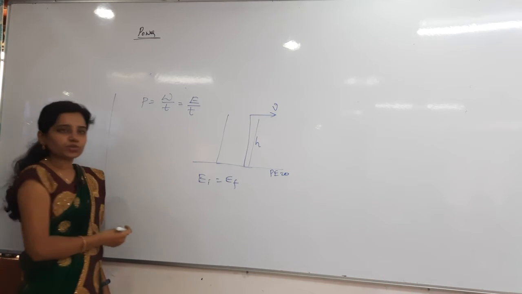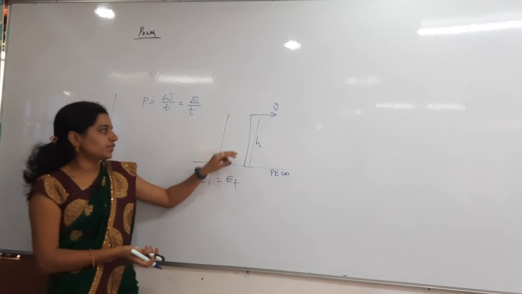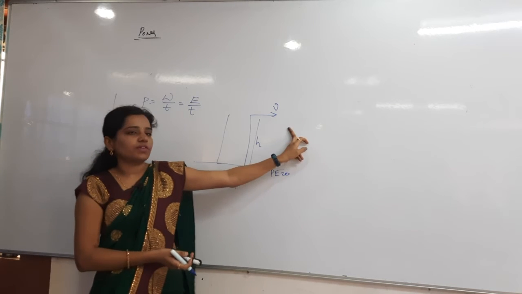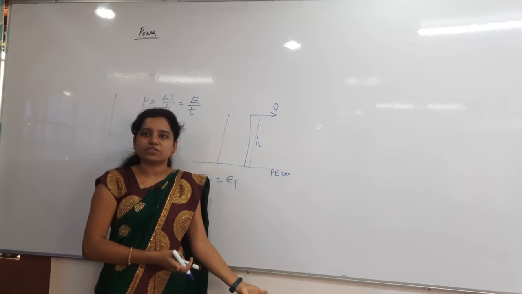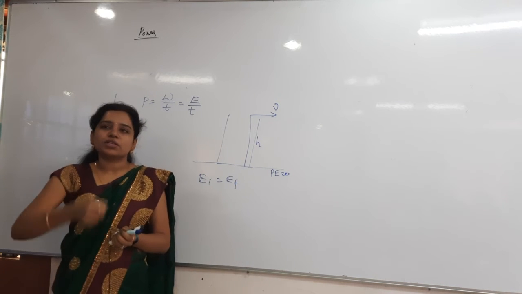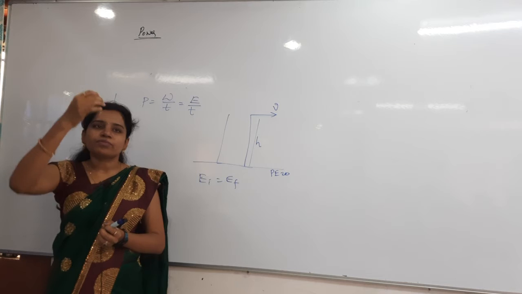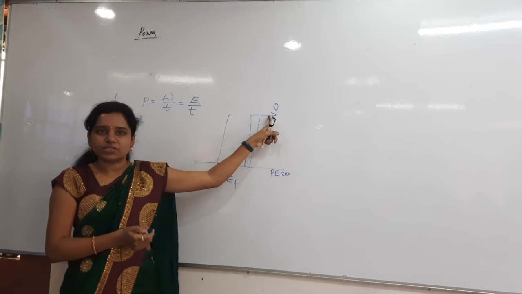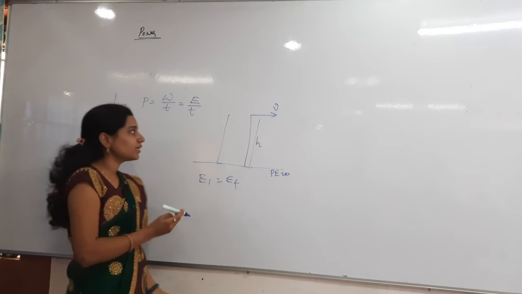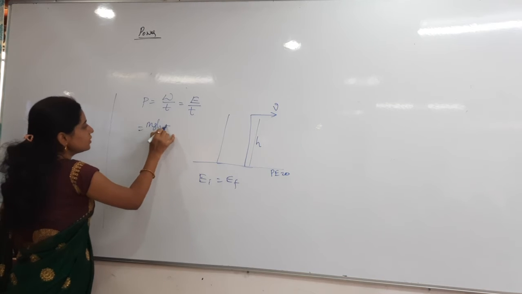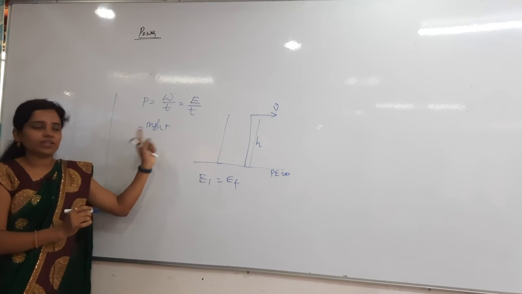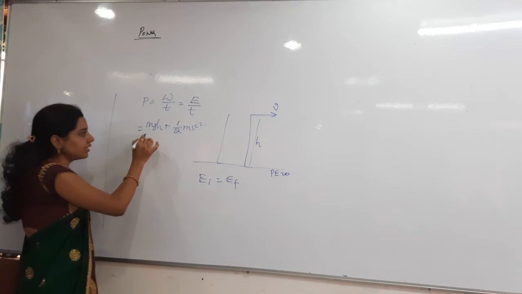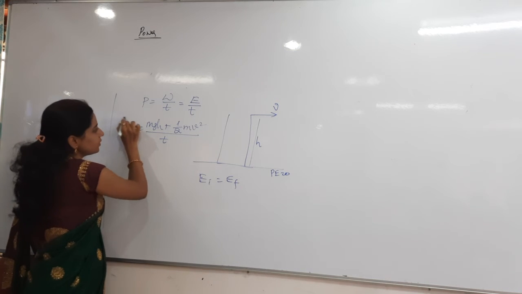If you are not doing this much of procedure also, you can do directly. Here it is lifting the water, so it is having some potential energy. How much that is? mgh. It is throwing out with velocity v. At that time, what is the energy? Half mv square. Total energy required by the motor is how much? Nothing but the energy which is given by the motor is mgh plus half mv square. In time t they are saying. So mgh is for lifting the water, half mv square is for the ejecting out, and then that divided by time t, this is the power.